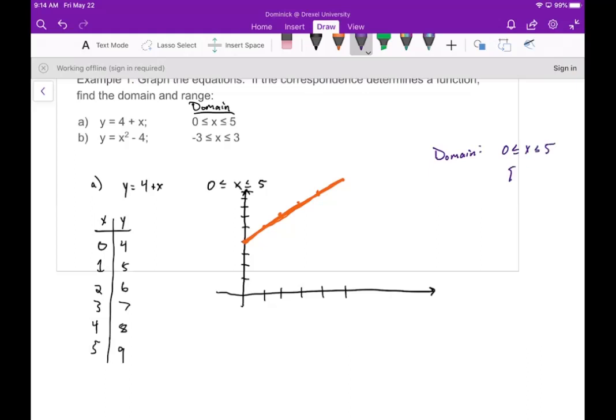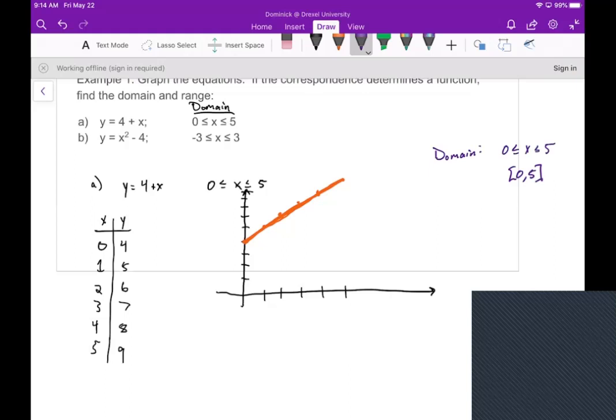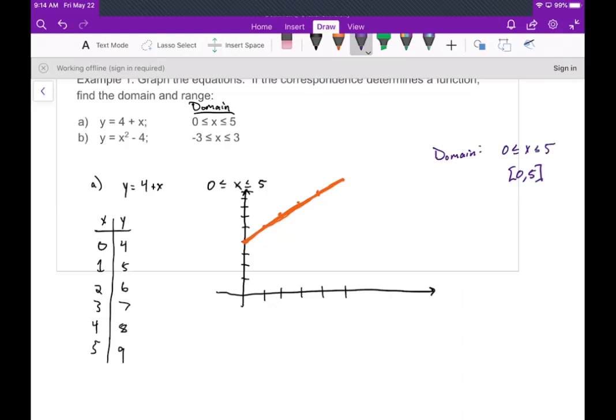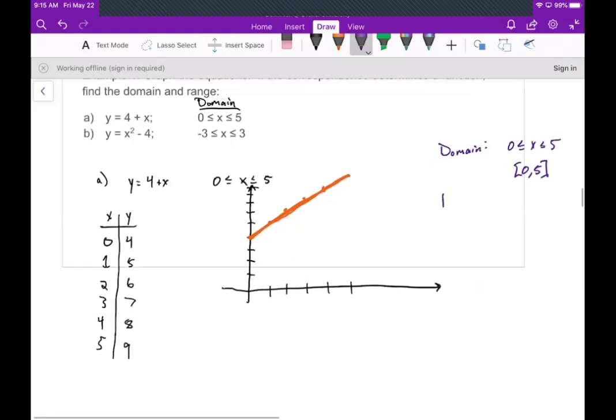And of course, you could put this in interval notation by using a bracket for both. Okay. Now the range is all your possible y values. Now we have the graph, so we're going to use that to our advantage. All right. To find the range,